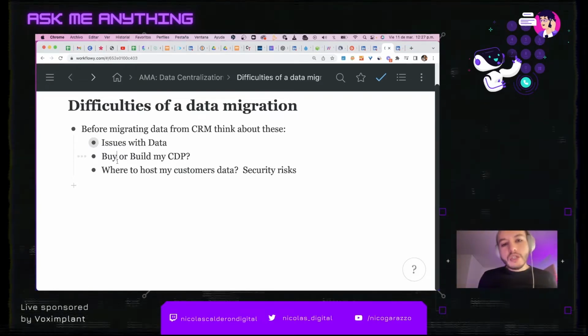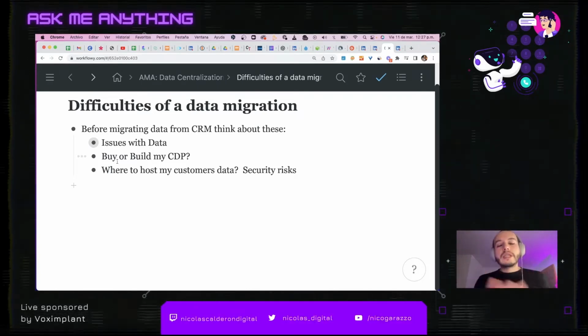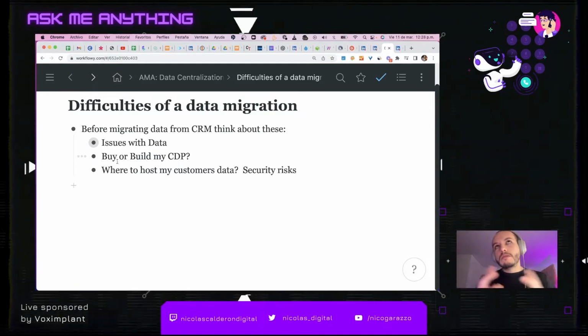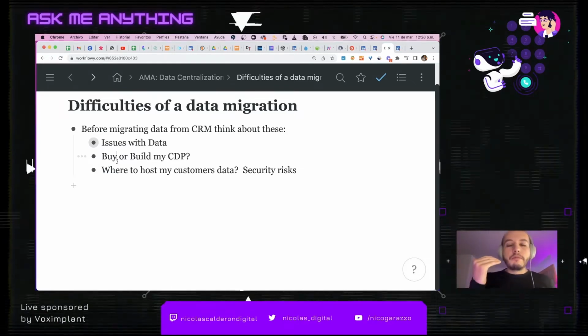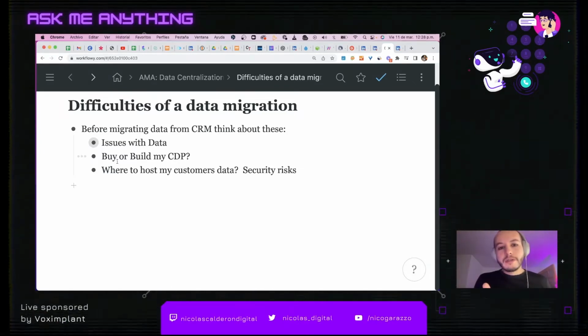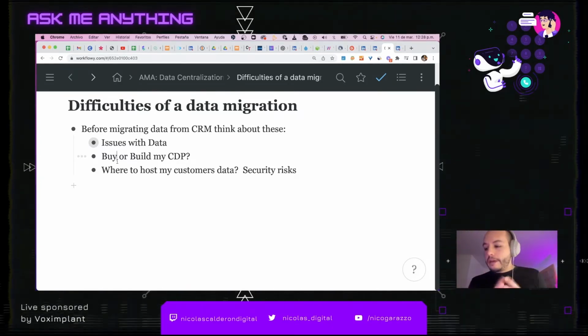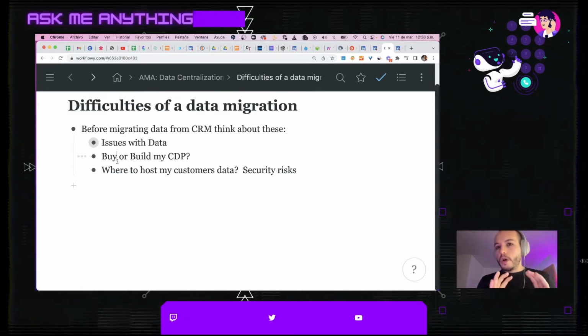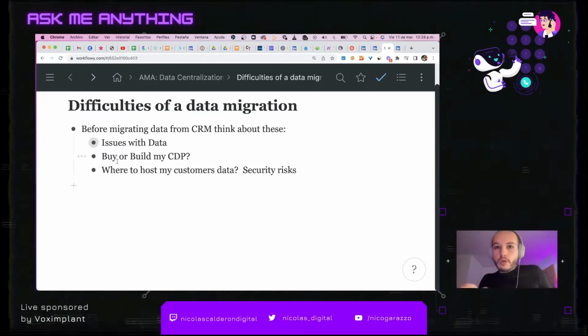And the next part is, should I buy a CDP? Actually, Salesforce has a CDP data store service now. I don't know how it is. I am just talking about the concept of CDP. I am not selling anything. Now, you can buy this software as a service, or you can build your own CDP. Now, there is one hybrid version, where some clouds and players are trying to cover this CDP business, because it's growing a lot,